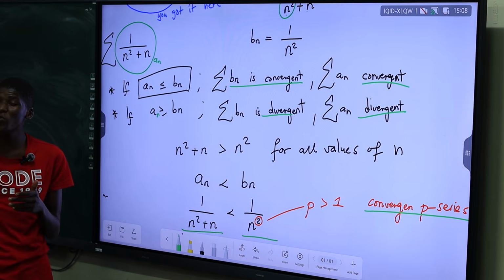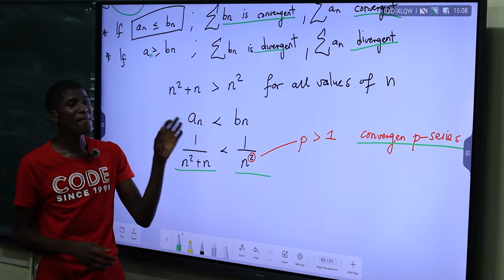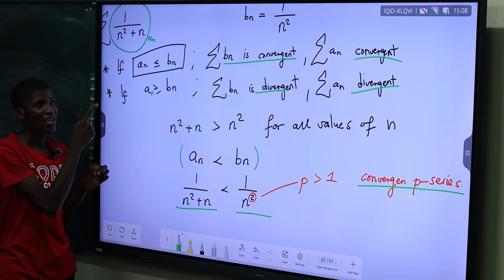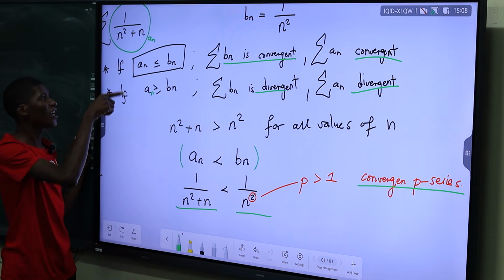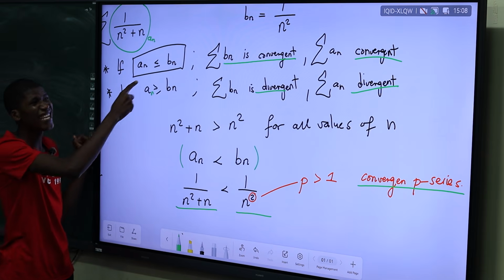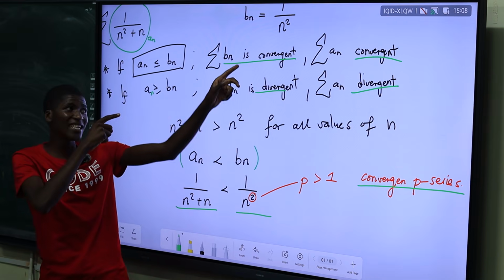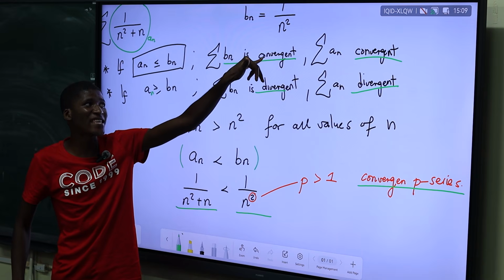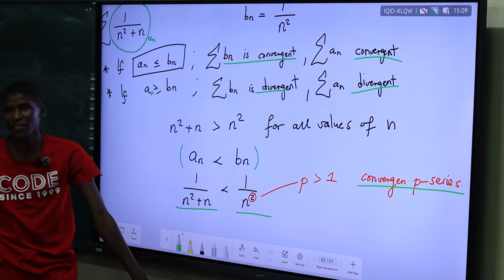So be careful when you're doing a comparison test. Number one thing, you compare them. Bese ke le inequality oyitholayo after comparing them, you refer to that. You in the exam angeke uzo-refer, you must know it by head. So you refer to your head, to your mind, which one is the correct condition. If the condition is an is less than bn, the next thing you check is to say one of them at least must be convergent. If one is convergent, then the other is convergent. But if bn is divergent, then automatically don't continue the test. It won't correspond to anything.